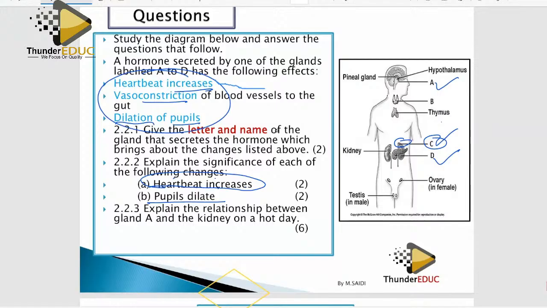When you say lion coming, you get scared, adrenaline increases, you open your eyes to confirm. Are you sure? Is it a lion coming to me, or is it going somewhere else? Blood is pumped into the brain, you think very much, and you open your eyes very well so that you are able to see clearly. That's why the pupil will dilate so that more light will enter the eye and you are able to see clearly. Is it clear?